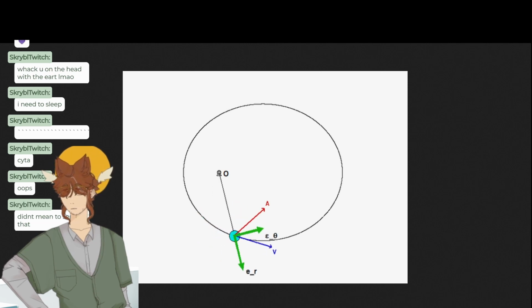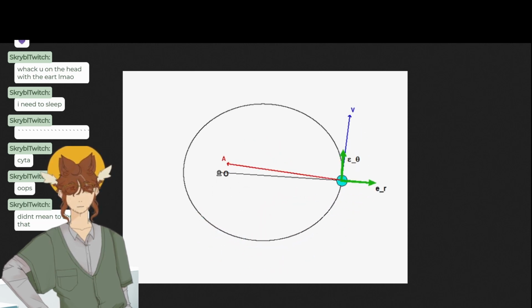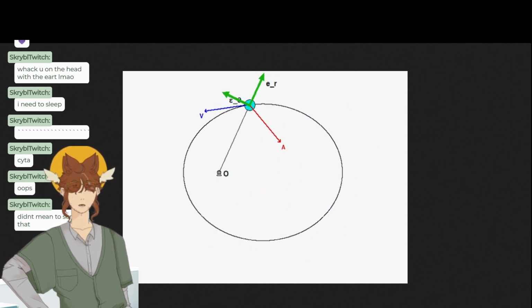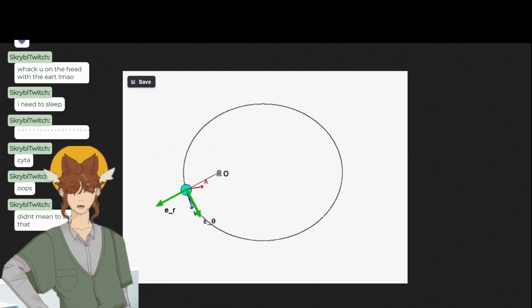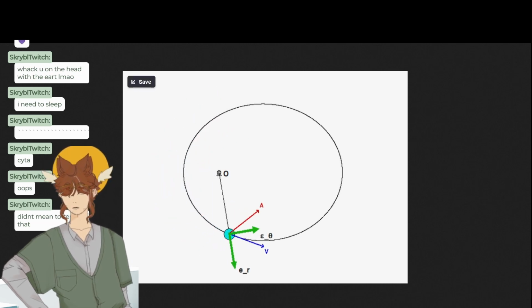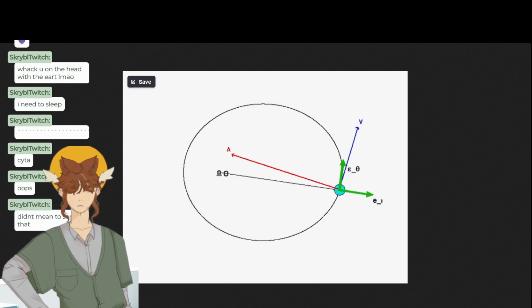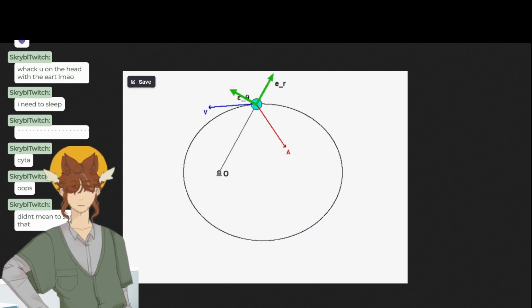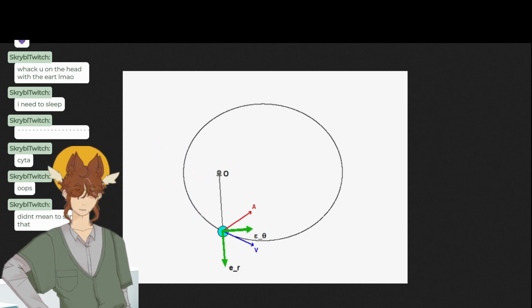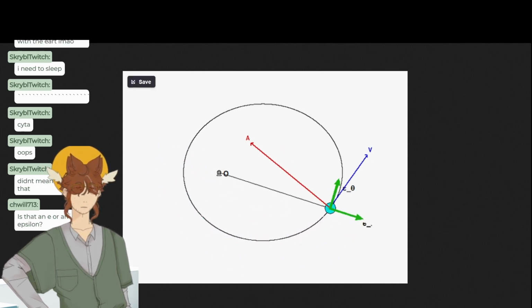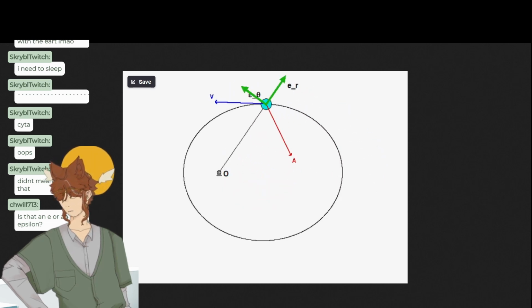And as we come around to the other side, our e_r is not always relative. We can see though that our acceleration is still pointing towards, well, it's an ellipse, so I'm not going to pretend like I know exactly how the acceleration around an ellipse points, but it looks like it's pointing towards this origin, and then it comes around to point towards